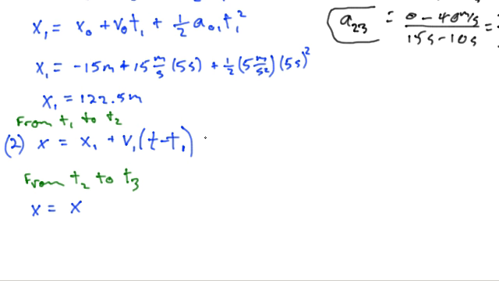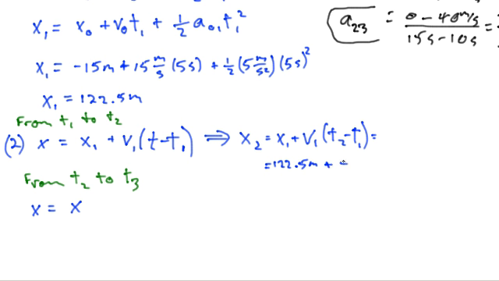So I better evaluate that to find out what that is. So it follows that x2 is equal to x1 plus v1 times t2 minus t1, which is equal to 122.5. I think I'll go down to the next slide on that. 122.5 meters